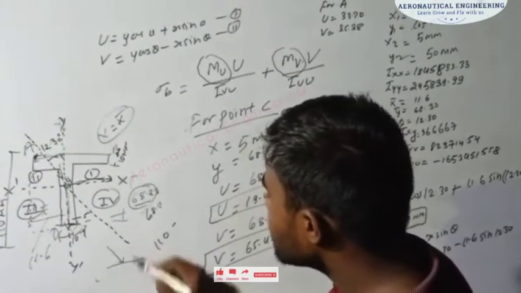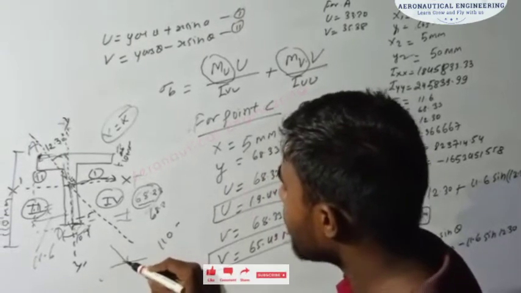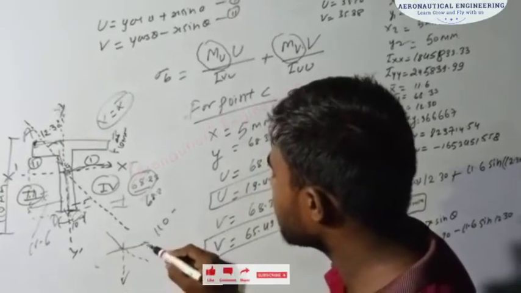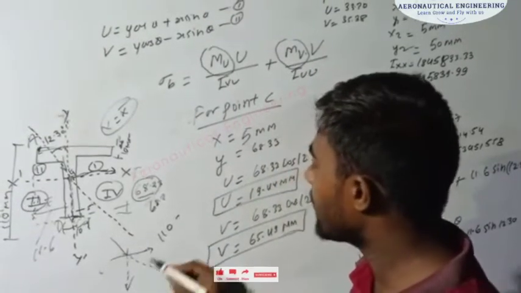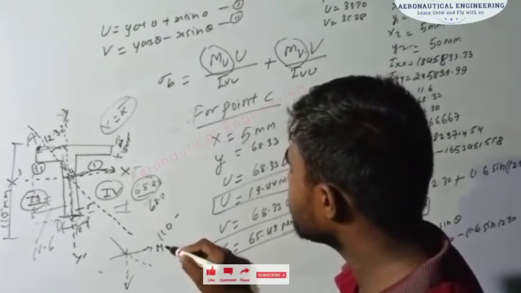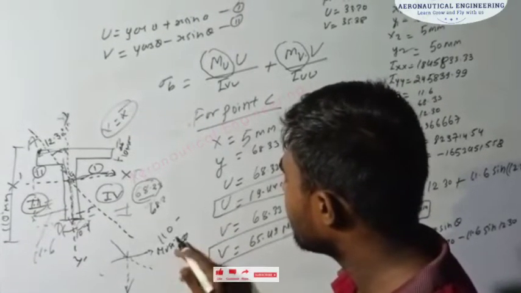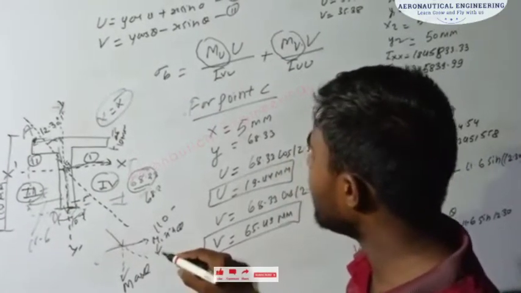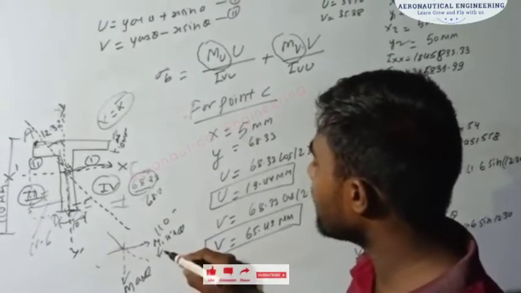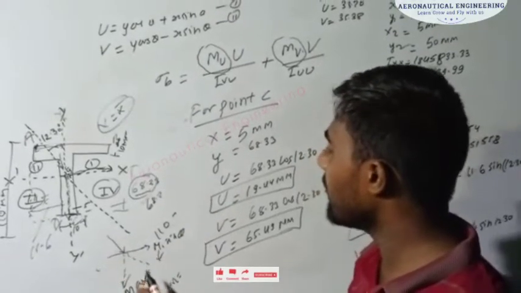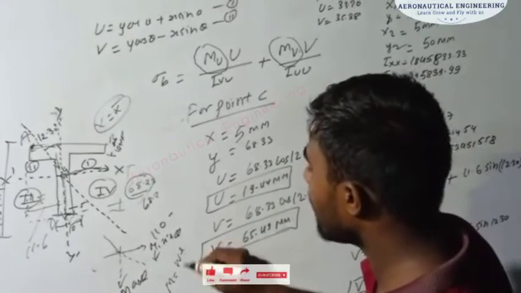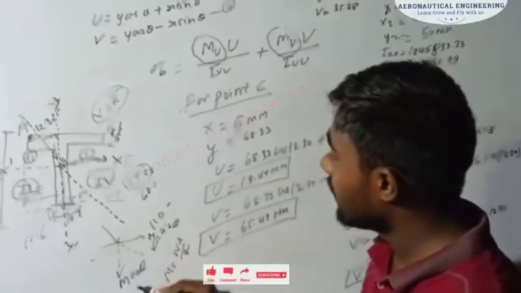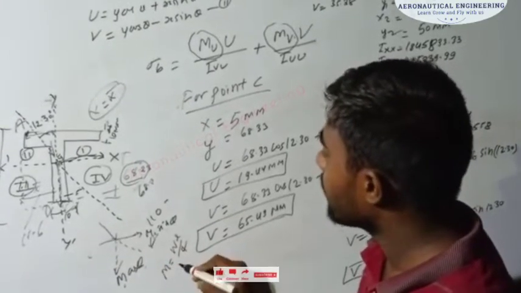We know that if a load or force is acting like this, and if we are going to resolve this force, then the force resolves like this one for x-axis and this one for y-axis. So this one is M sin theta and this one is M cos theta. M value is nothing but the moment. Previously we saw that the moment value for a simply supported beam with load acting at the center is M equal to WL upon 4. So first we have to find out M value, then times sin theta, and here also M value times cos theta.